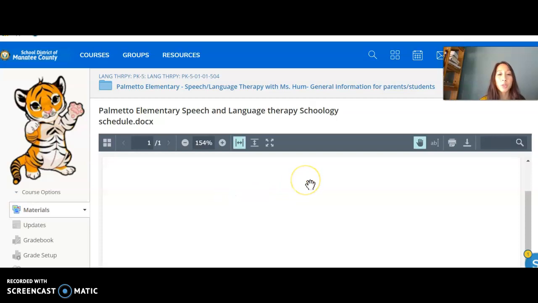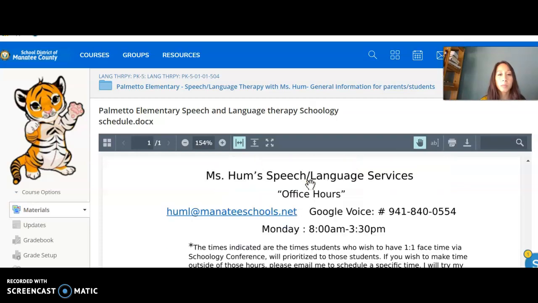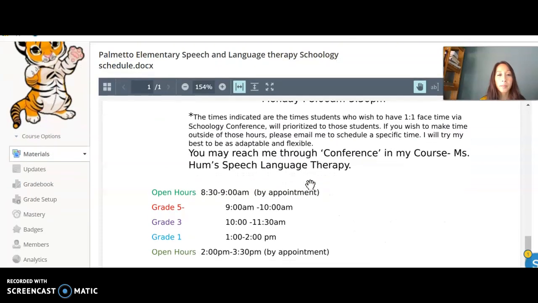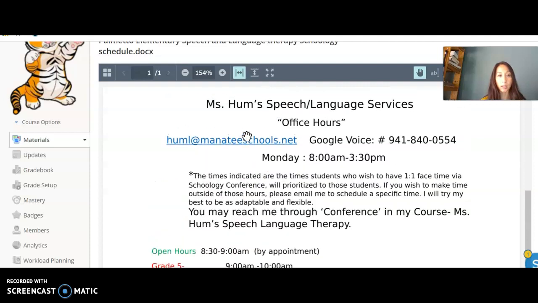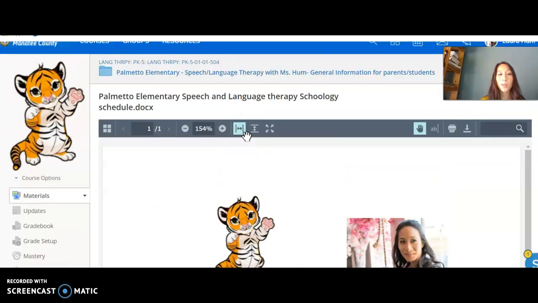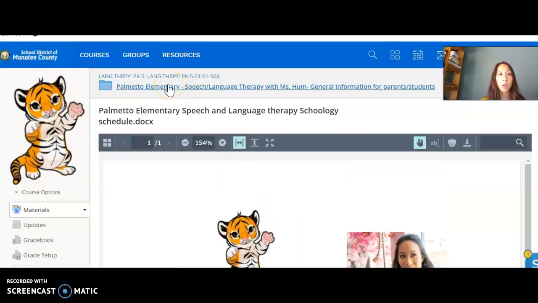So here's my schedule. It depends on the grade level, before and after school, starting and near the end. Like I said, if you can't reach me because you're learning or mom and dad are working and can't reach me, then we'll figure something out, okay?